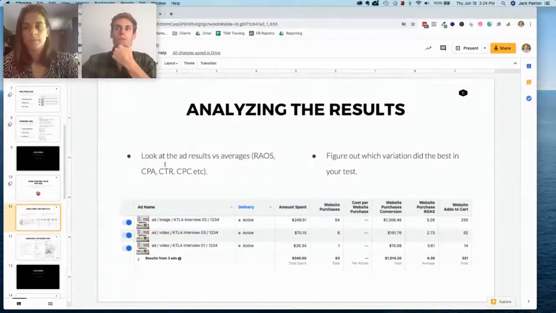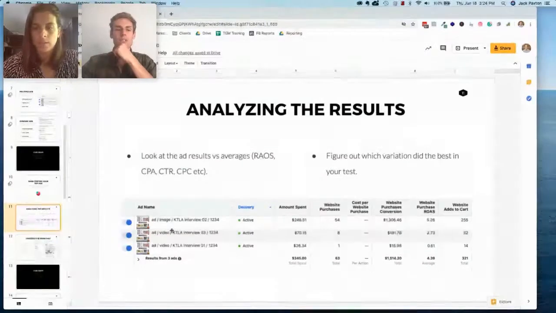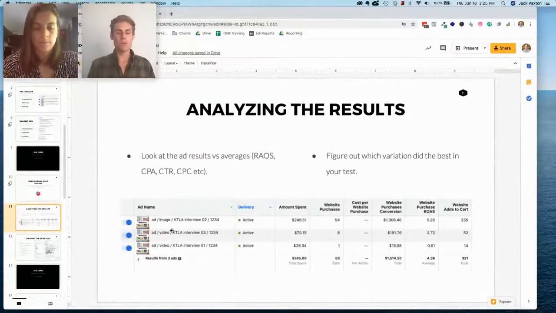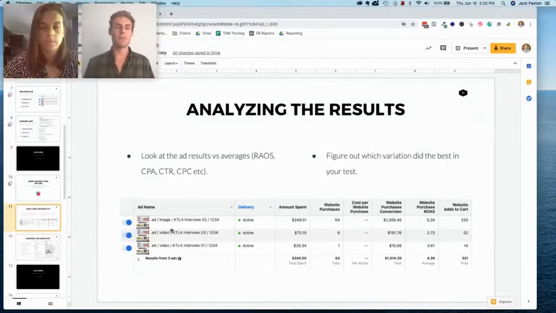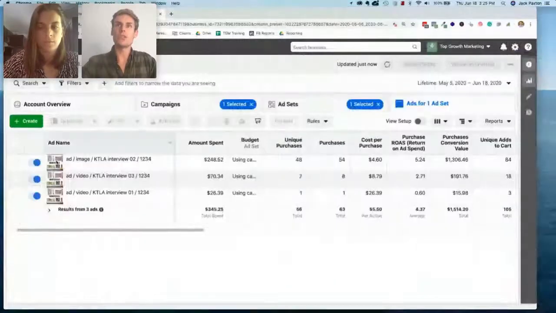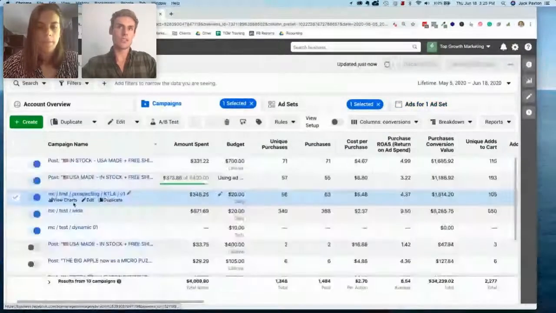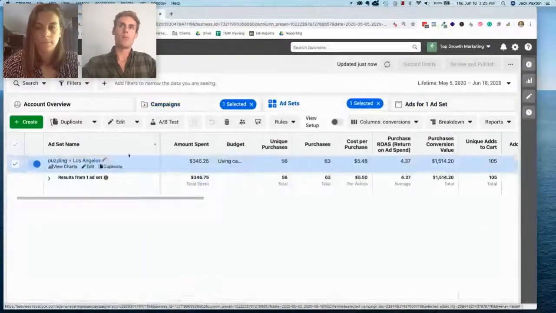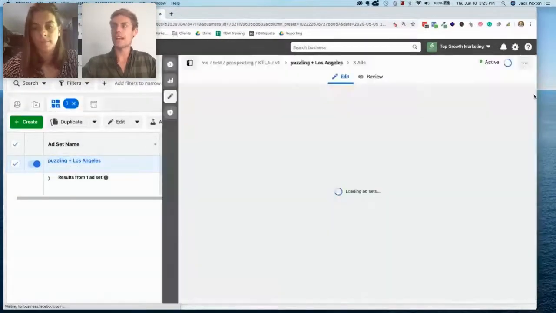So we run them all over the same time. You want as little variation apart from the copy and the creative as possible, because you want all the ads to have the same opportunity to get clicks and conversions. You don't want to favor one ad variation over the other. So when you create your campaign, you can see here, this is a test campaign. We have one ad set, and this ad set's targeting